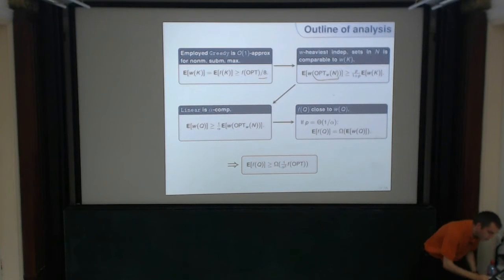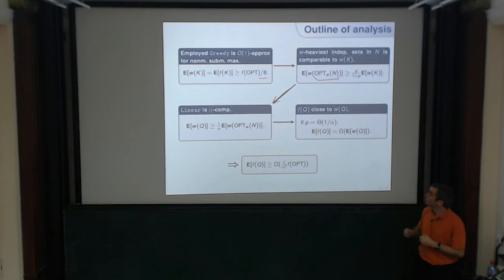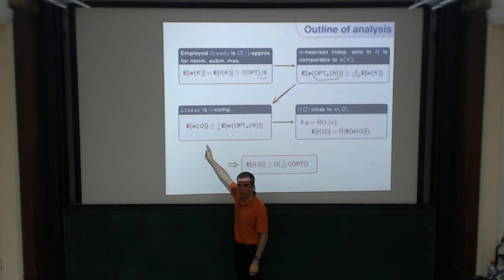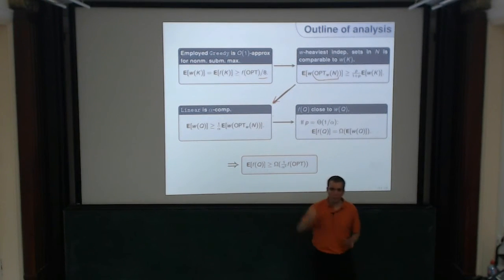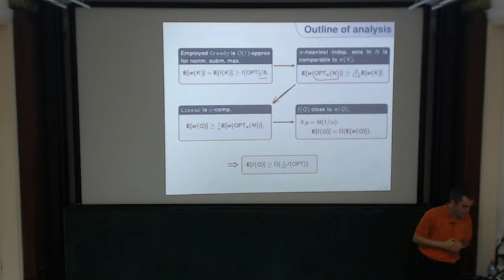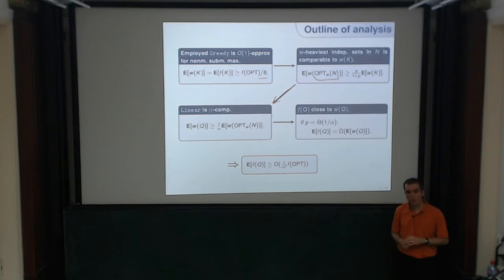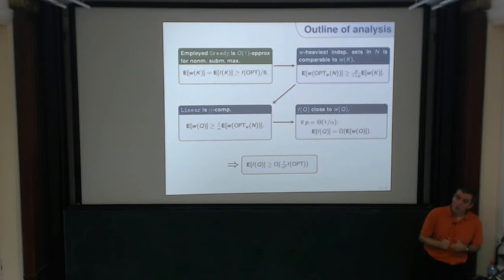Then the third box is an immediate consequence of the fact that the linear algorithm is alpha competitive. So the linear algorithm will get an alpha fraction of the best possible linear weight you can see in there. Q, I remind you, is the set that the algorithm returns. Finally, I have to relate that to the submodular function. There is a last step where we use some techniques known in polymatroid optimization, some kind of truncated submodular functions, but I want to skip that last step. If you put everything together, you indeed get this 1 over alpha square approximation, so an alpha square competitive algorithm. But let's see how much time I will have left.